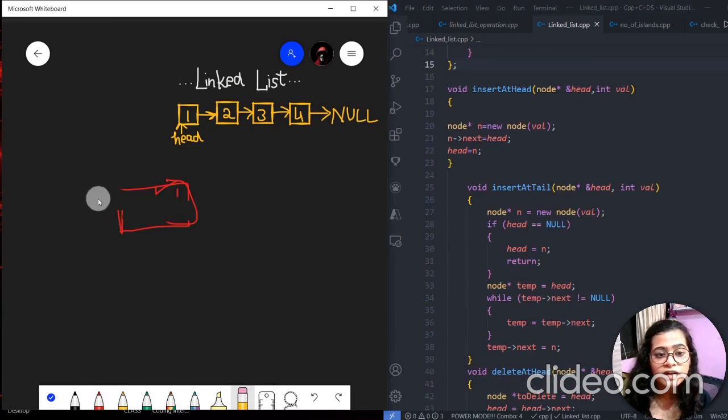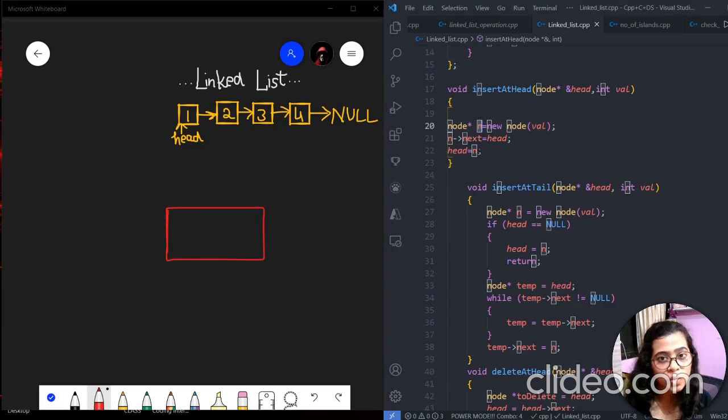Then the first function is insert at head. Like we have to create a head node. So how can we create it? First we have to create a new node and then make it as head. So Node* type n. n is the name of the new node and then new. This is the method for creating a new node.